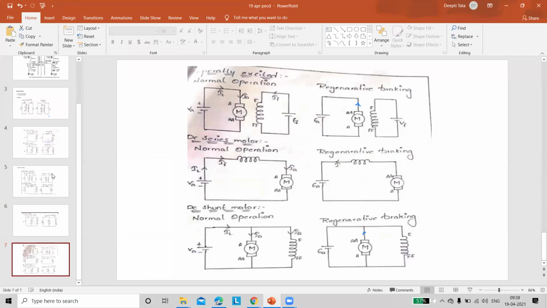regenerative braking. In order to apply this braking, you have to consider the first limitation, that is the back EMF is always more than that of armature voltage. And then you have to interchange the polarities of the armature, and depending upon this, the current direction is going to be reversed. In this manner, we are going to apply the braking techniques for a motor.